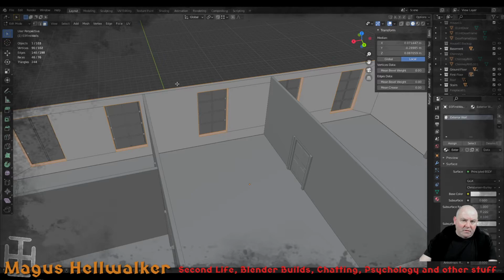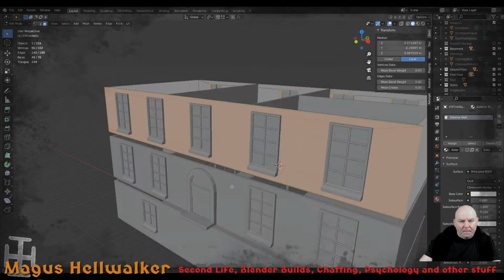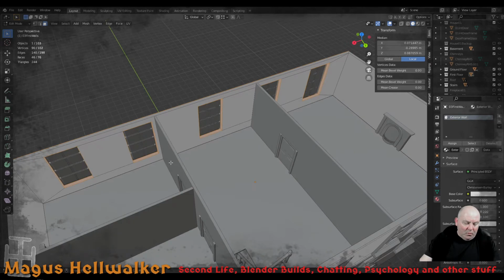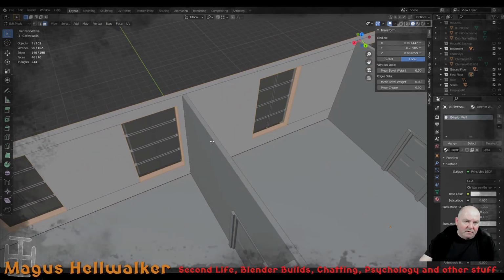It's only going to go around the outside. So it's not even doing that, is it? So I'm adding a loop cut. That's not going to work. But what will work is me adding a